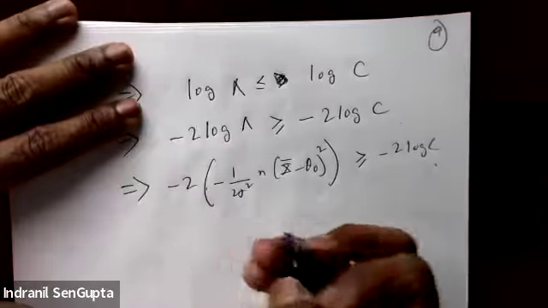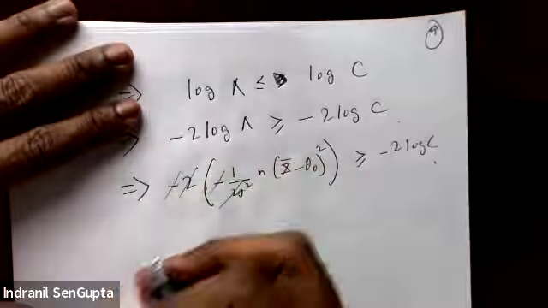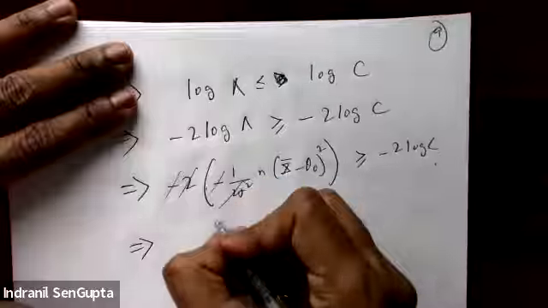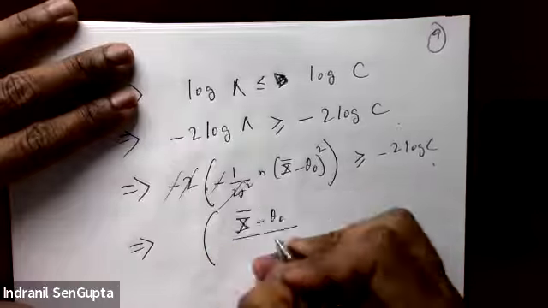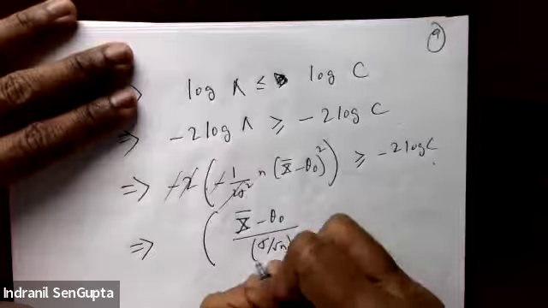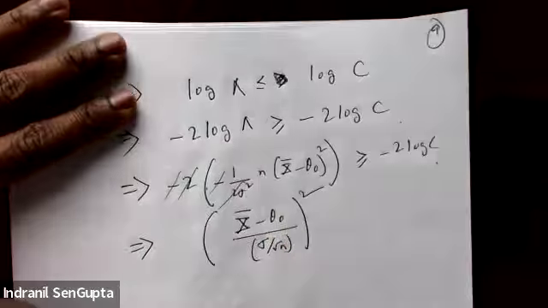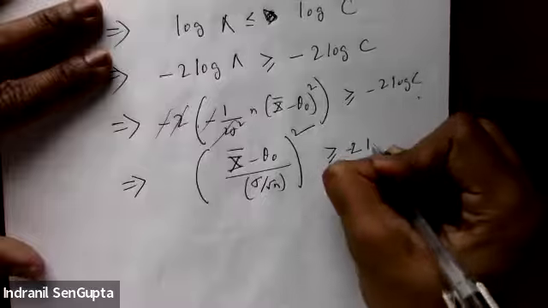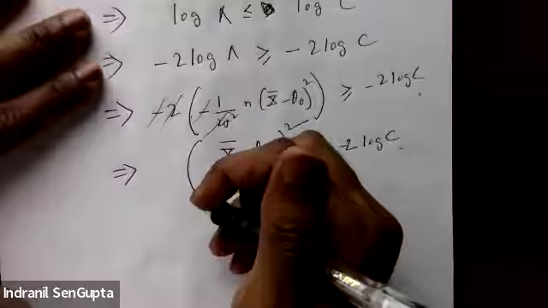Okay. So this minus minus cancels, and this 2 and 2 cancels. So what I'm really having, if you look at this carefully, is x bar minus theta 0, and there's an n here, so it's sigma over square root of n, right? And then the whole thing squared is bigger than minus 2 log c. Okay, but we have seen before